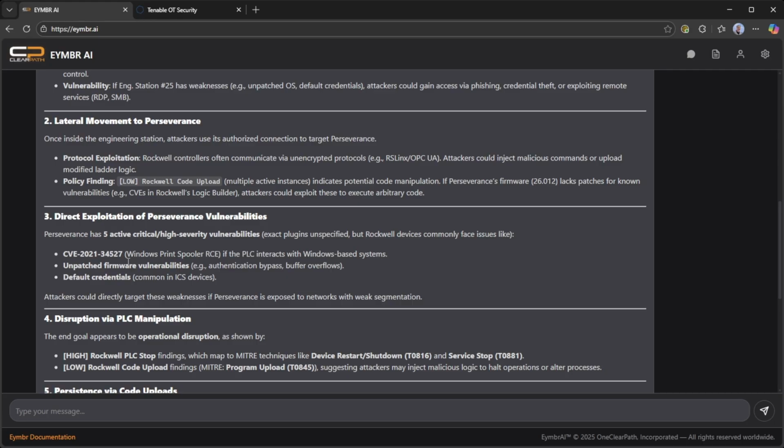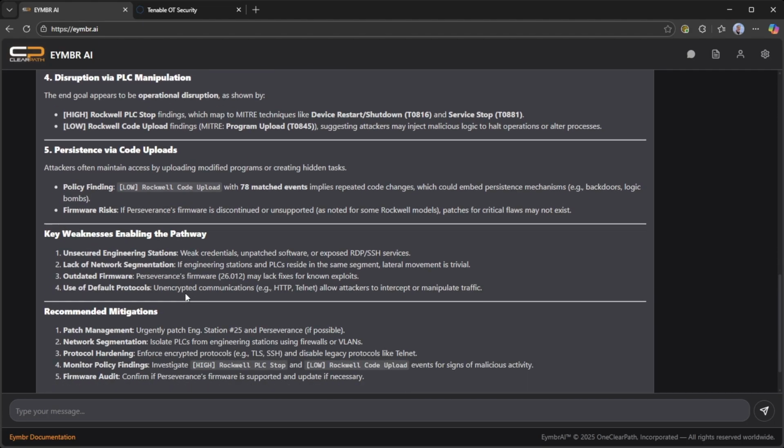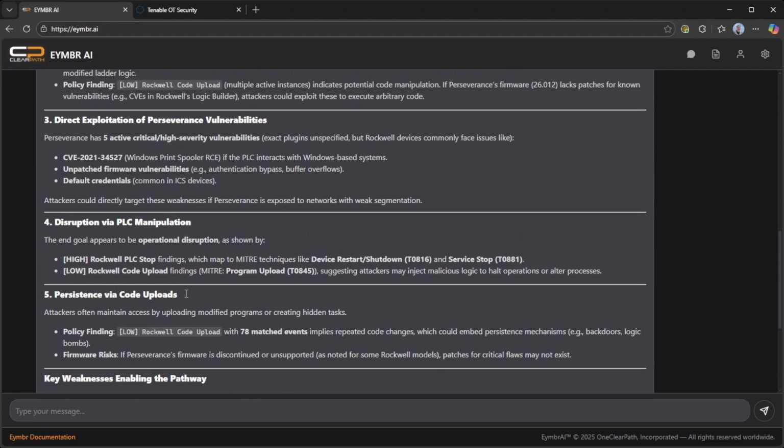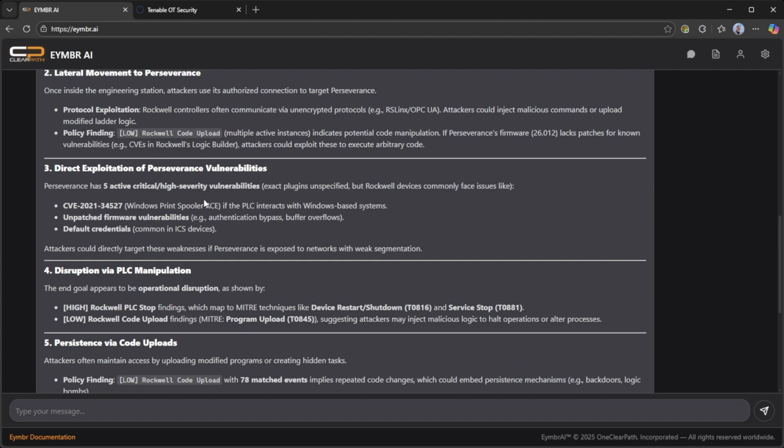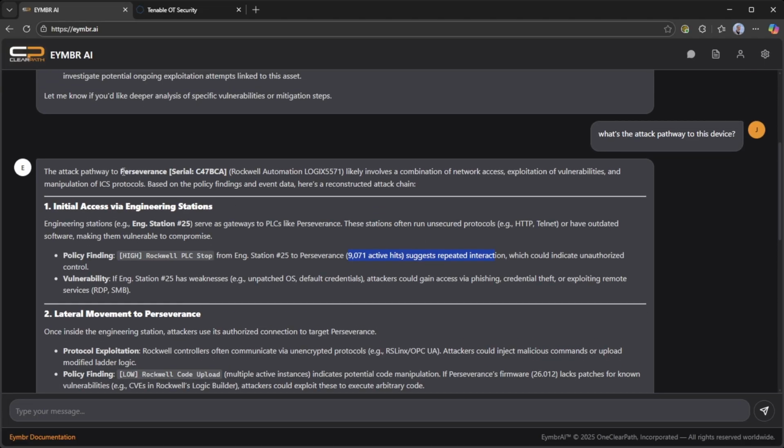A lot of times you're not going to see this in a dashboard, where you see how people can pivot or exploit one thing to pivot to another. And then there's all this manipulation that goes in there as well. So I could take this a step further and say, hey, can you tell me more about a specific CVE, for example this spooler, or I can ask for any CVEs related to this controller and really dig in on any of these. So let's say we want to know about CVEs related to this particular controller. So I can simply say,